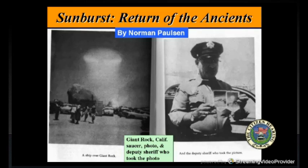This is fascinating because none of this has happened since then, and George Van Tassel was responsible for holding UFO conferences through the 50s and through the 60s. I even talked to Dr. Bob Beck, who witnessed one of these craft, and as you can see, there's some type of force illumination below the craft as well. So I went out to the community and found what they were working on was a